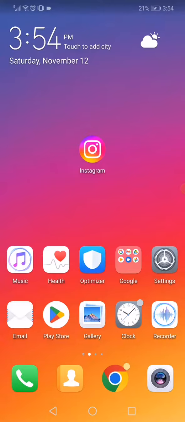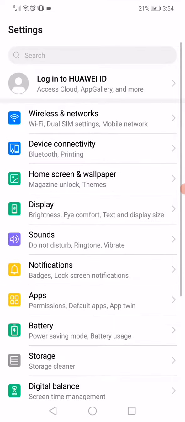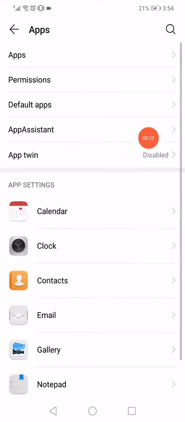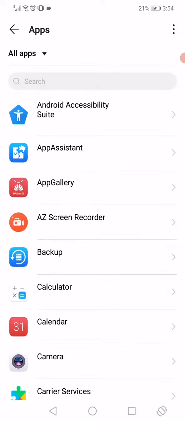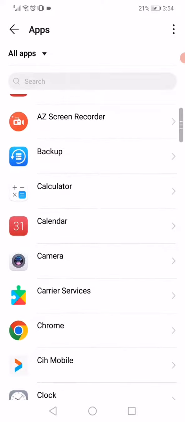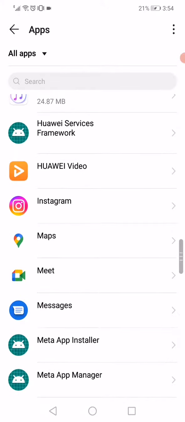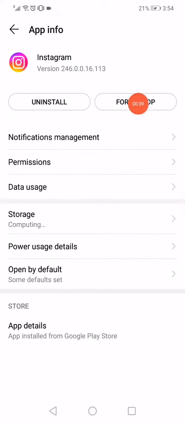Just open the settings page on your phone like this and then scroll down, go to the apps on your phone and then go to apps right here and then wait a few seconds. It will start loading this page and then scroll down until you find the Instagram on your phone like this, and then all what you have to do now is click on the force stop option and click on the